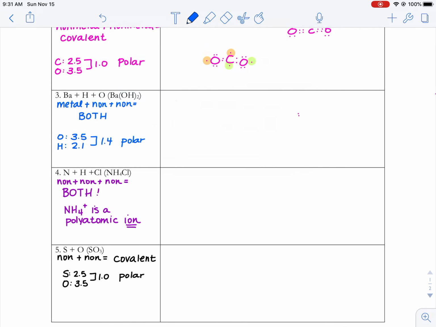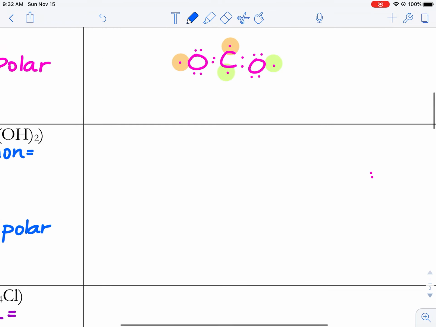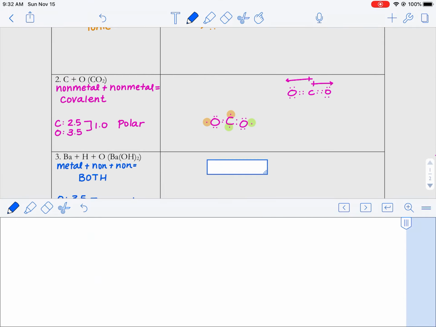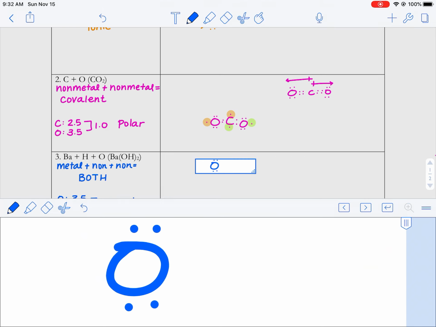Moving on to problem number 3. Problem number 3 has barium, hydrogen, and oxygen in the formula Ba(OH)2. I have a metal with 2 nonmetals, so I will have both ionic and covalent bonds. I like to start with the covalent bonds. The oxygen and hydrogen, those 2 nonmetals, they're going to be held together